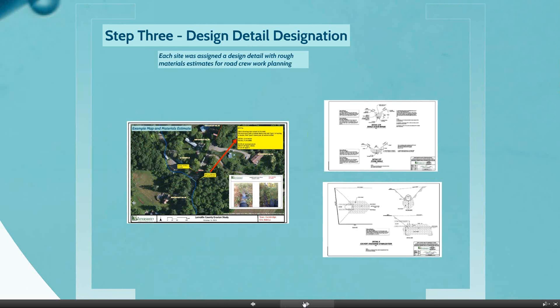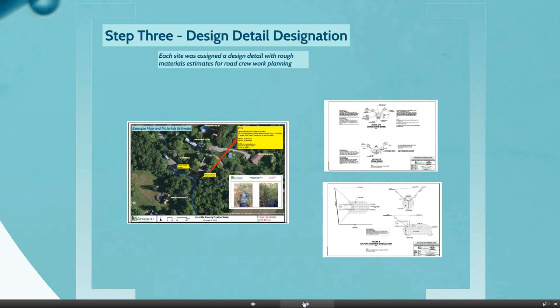So with these erosion sites, you could develop a set of typical details that could be applied depending on what your erosion site looked like, where the erosion was located, the amount of volume flowing through the erosion site, the room that was available for a new ditch, and the specific constraints on the site. So what we did was develop a series of typical details, A through, I believe it was K,